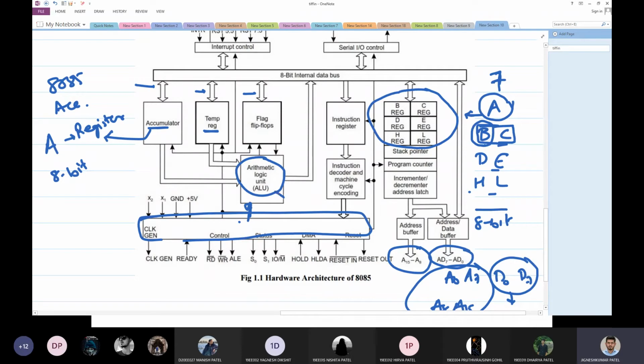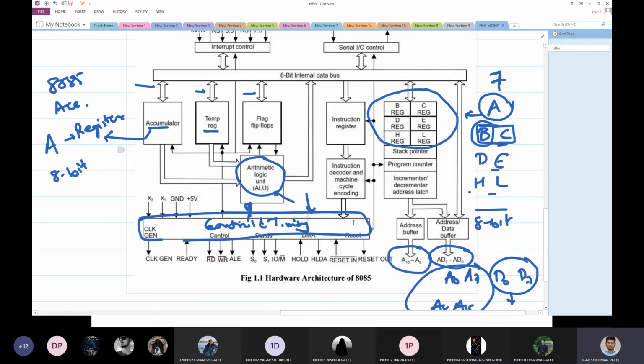Okay. So this will handle all the processing of all the information, and this will handle the control and timing unit. This is known as the control and timing unit. It is not written over here. It is the control and timing unit. This will look after all the things happening around. When to do that thing would be decided by this control and timing unit, and how to do that would be decided by the ALU. Okay, how to do the sum is done by the ALU, but when to do the sum is decided by the control and timing unit.